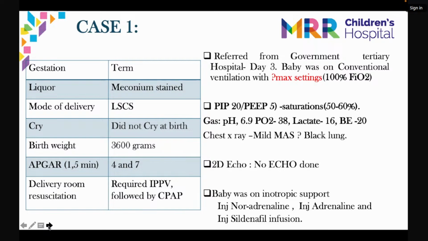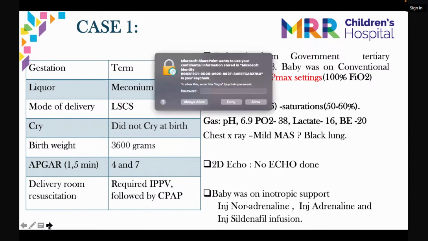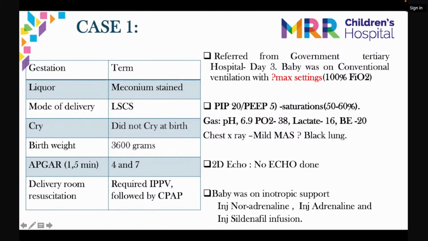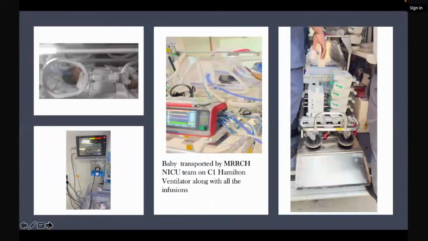Now, this was going to be a very high-risk transfer, considering if it is severe PPHN that we're dealing with, then we're worried about the pulmonary crisis worsening, with baseline saturations of only 50 to 60%. And considering no echo was done, it was very tricky to even start this child on any PGE1 for duct-dependent right ventricular diseases. But the high risk was explained to the relatives, and with necessary high-risk consents taken, the